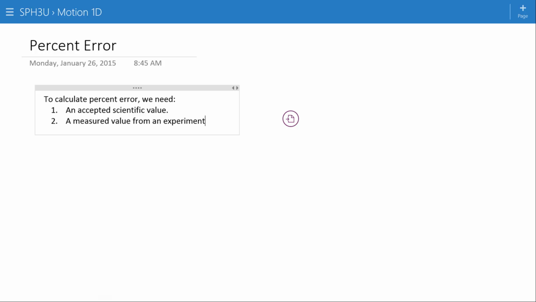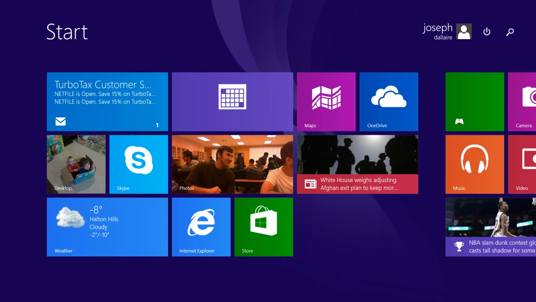Okay, this is going to be a really quick video on how to calculate the percent error. The method used here will work for any lab, but we're doing this in reference to a lab that we've been working on related to acceleration due to gravity. For the lab,